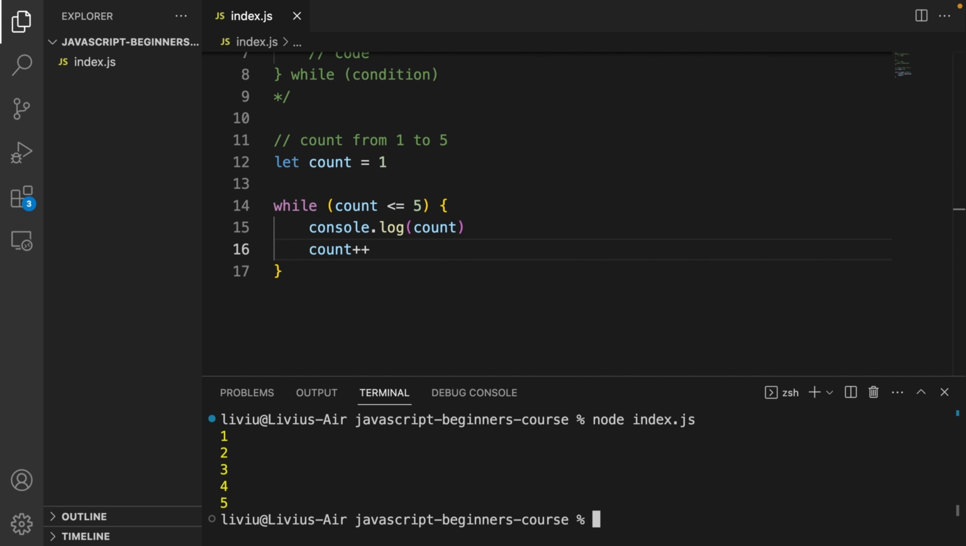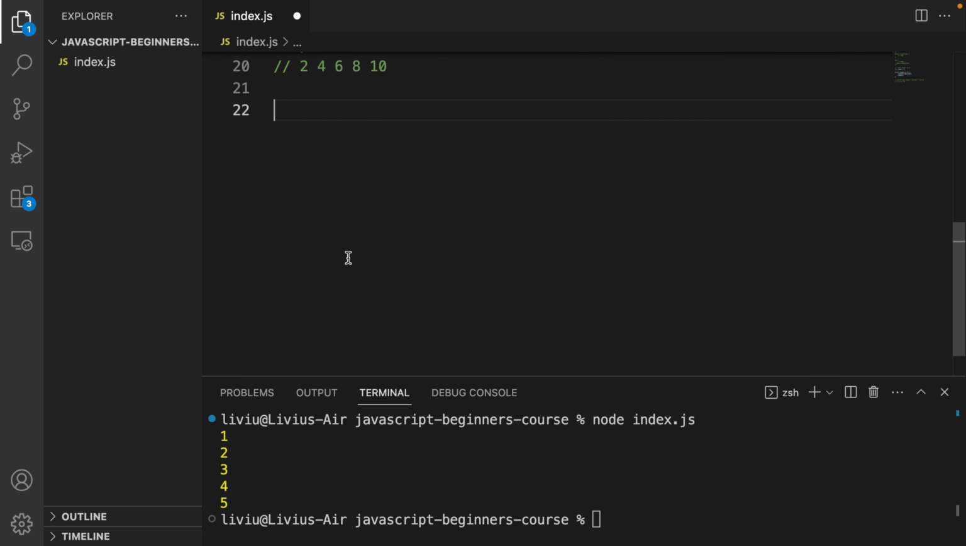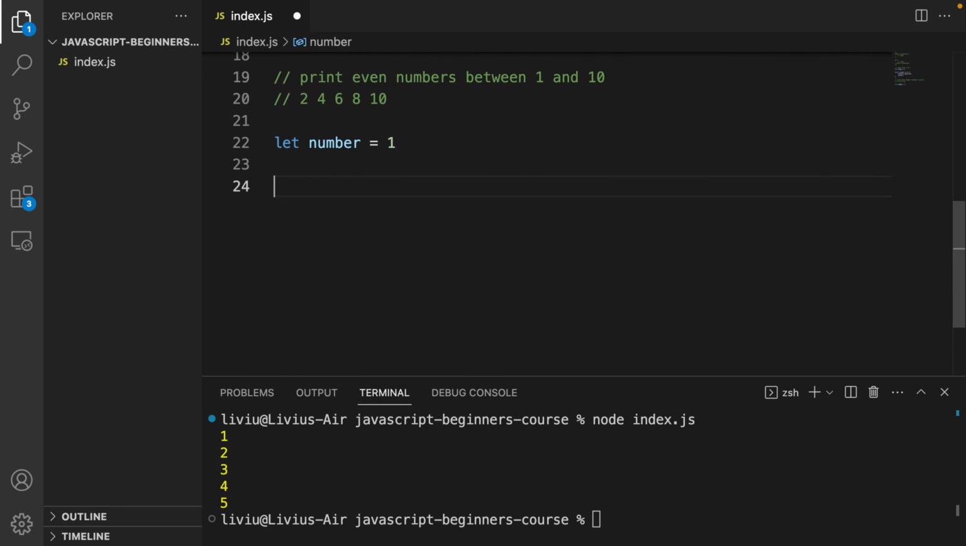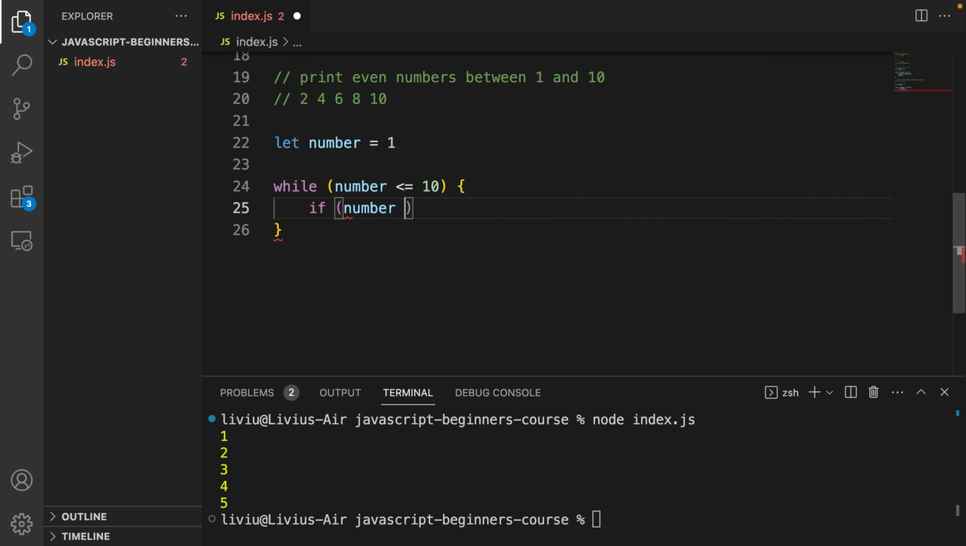Now let's try another example. Printing even numbers between 1 and 10. So the even numbers should be 2, 4, 6, 8, and 10. Let number equal 1. While the number is less than or equal to 10, we have to check, is the current number an even number? And if it is, we need to print it. If not, we need to increment the number and go to the next step. So is the number an even number? If number modulo 2 is equal to 0, which means it's even,